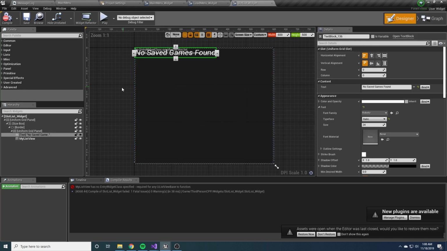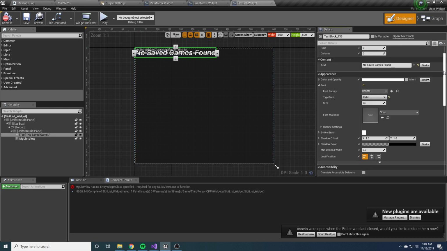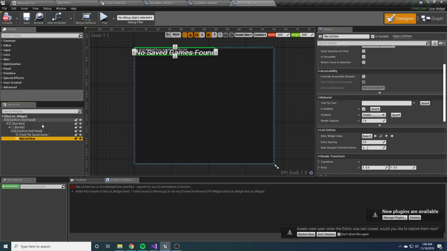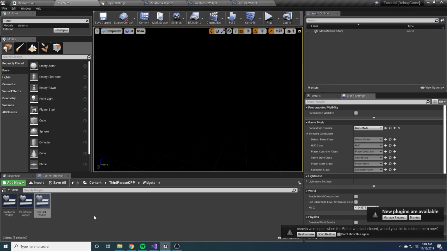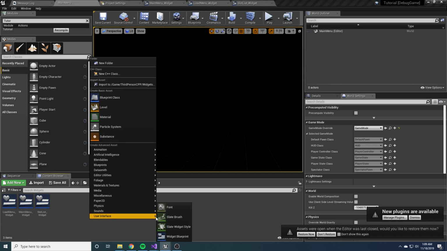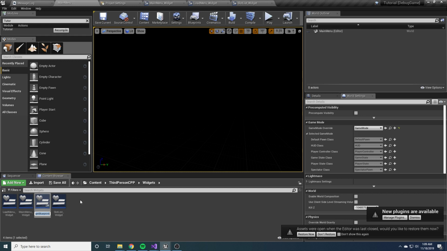Okay, so that's good. Now we really just need to fix this error that it's giving us about the entry widget. You can specify the entry widget somewhere in here. If you click My List View, yeah, it's right here. And if you look, there's currently no options that we can select from because I guess there's just none by default. But we can create one. To do that, we will come back here and create another widget. This is the last widget we have to create, I promise. And it will be called slot list entry